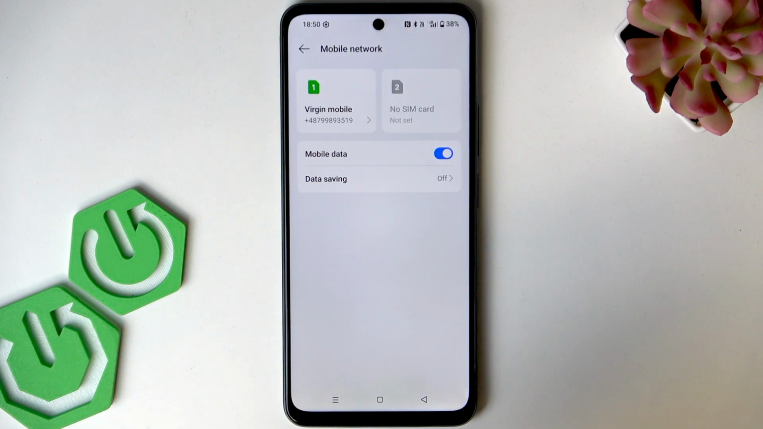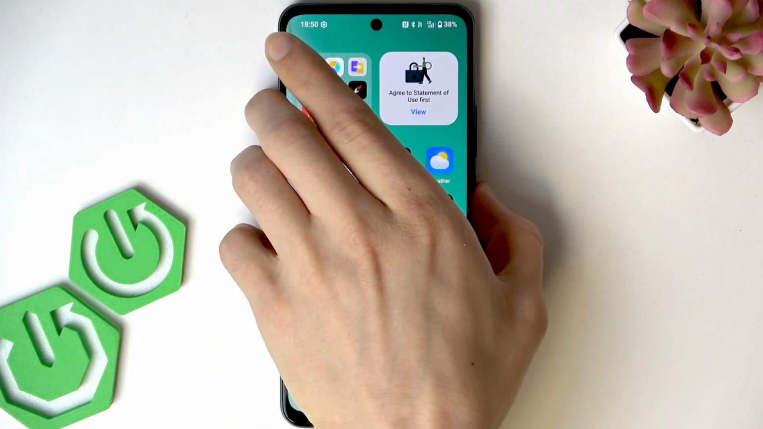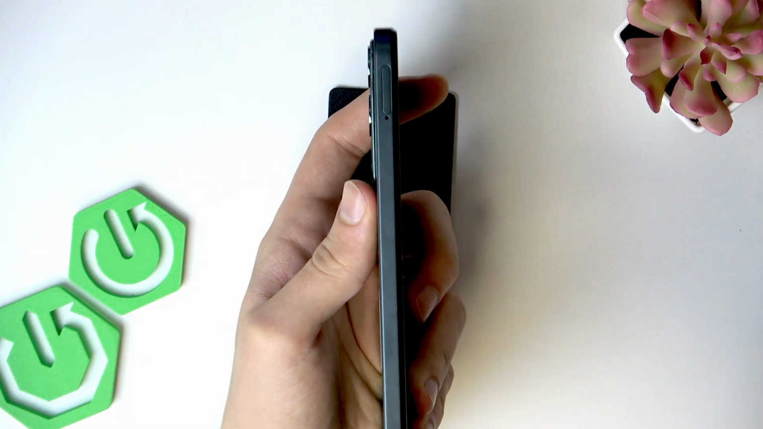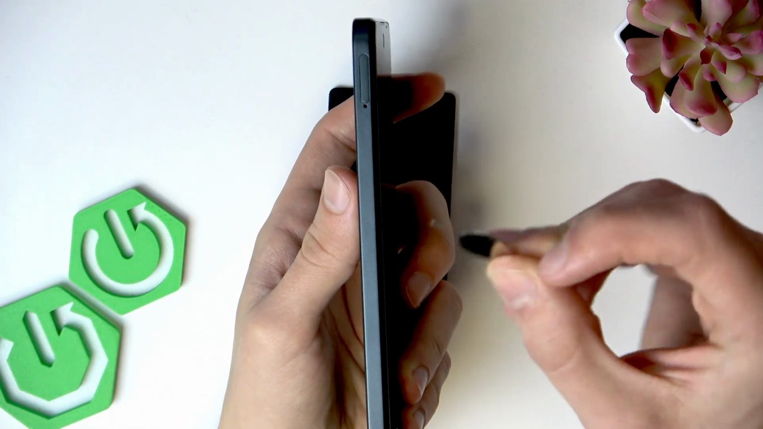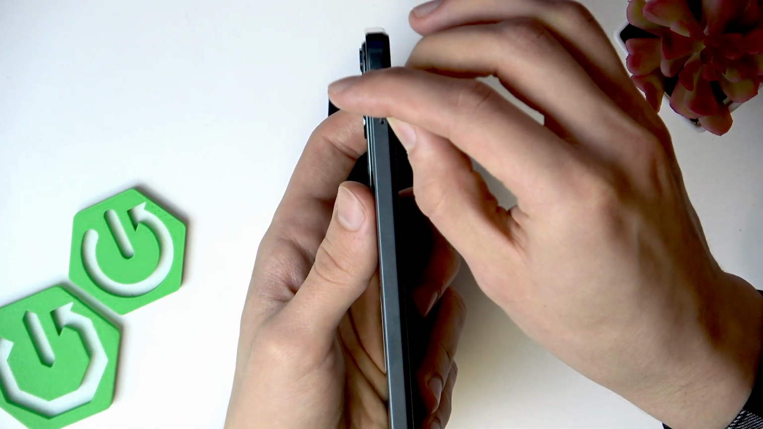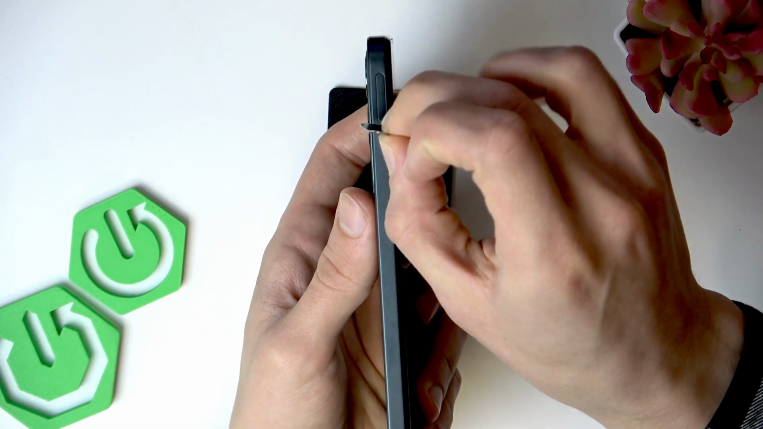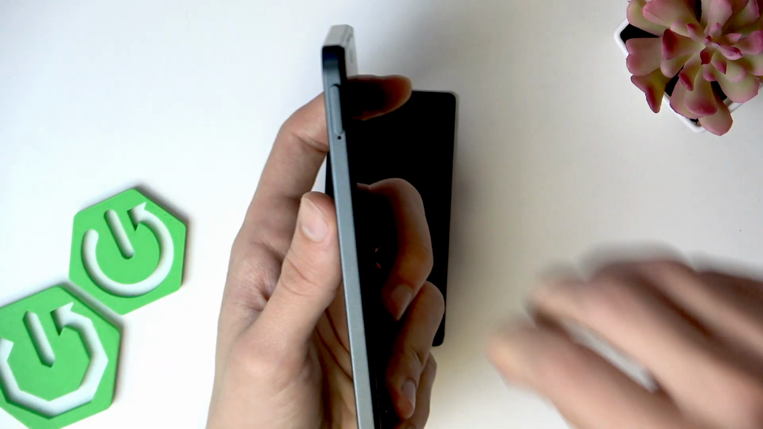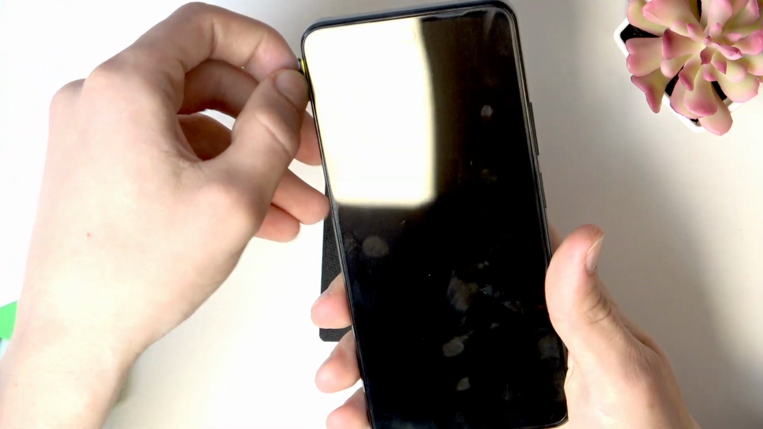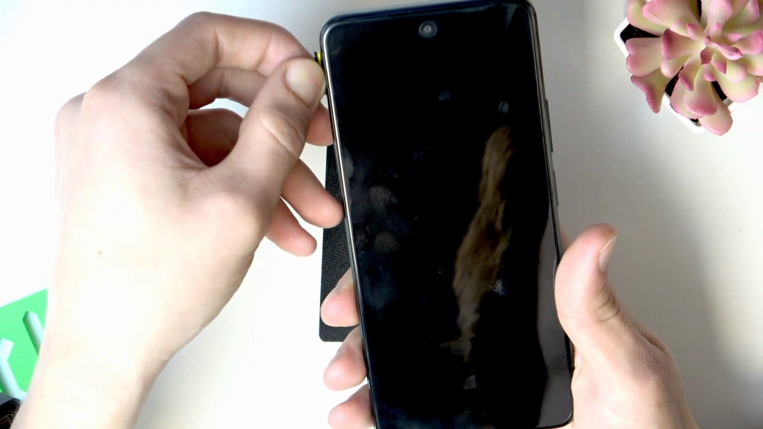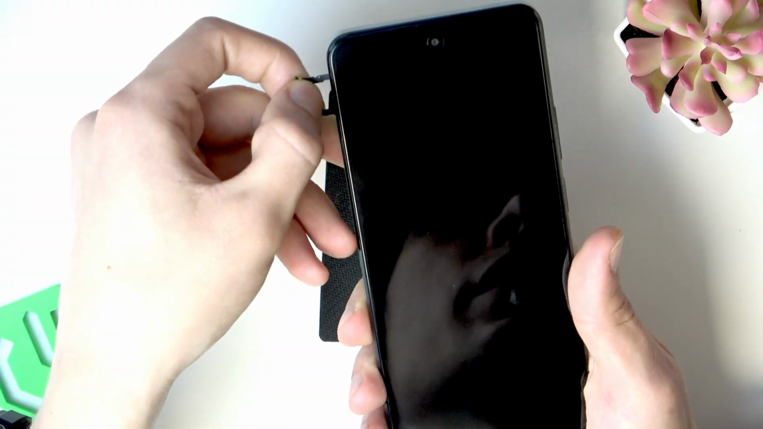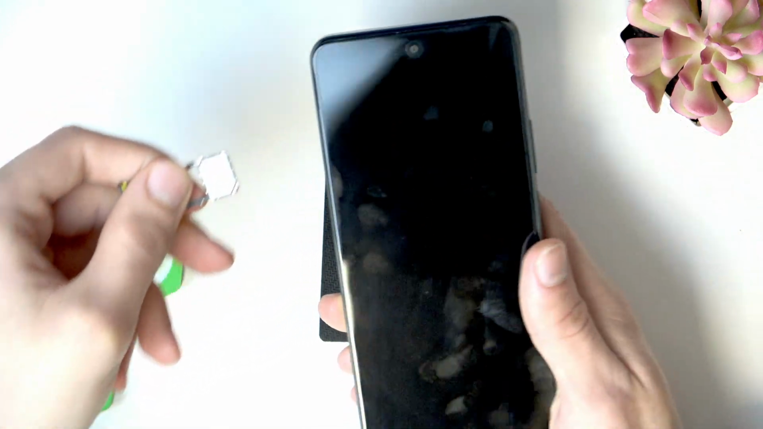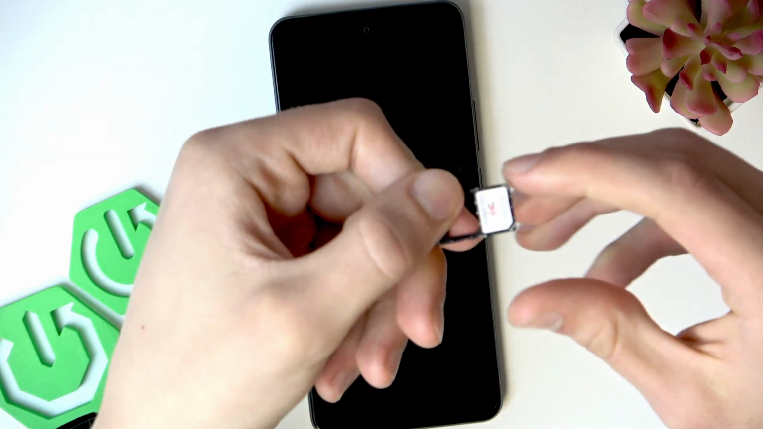If it wasn't, make sure that your SIM card is properly inserted into your smartphone. To do that, check the left edge of your device, grab a pin to open the SIM card slot carefully, push it inside this tiny hole next to your SIM card slot. It will jump right out. Then carefully remove it and make sure,